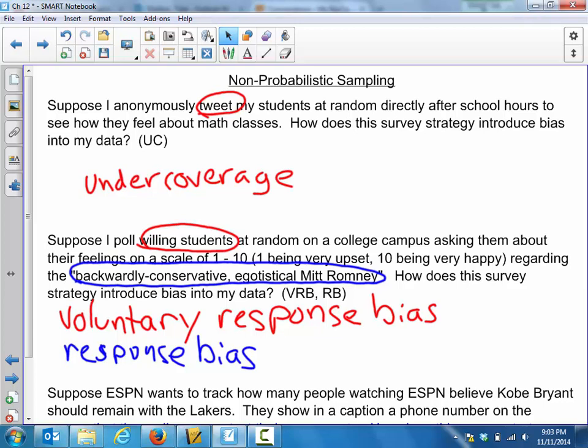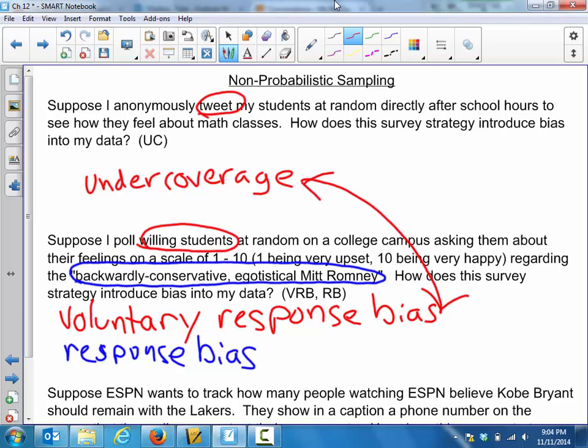I have injected my own bias into the survey process, which obviously taints and affects in a negative way the sort of results that we're going to get. If we care to get true results about what the whole population of students on this college campus believe, that is not an appropriate way to ask the question. Okay? Now again, what I want you to think of here is the fact that these two are obviously linked,